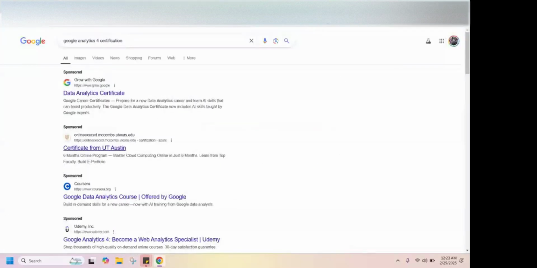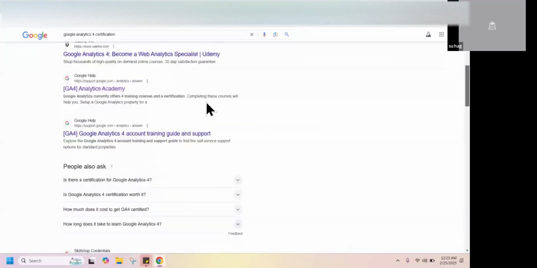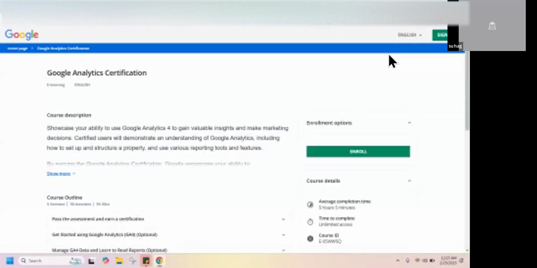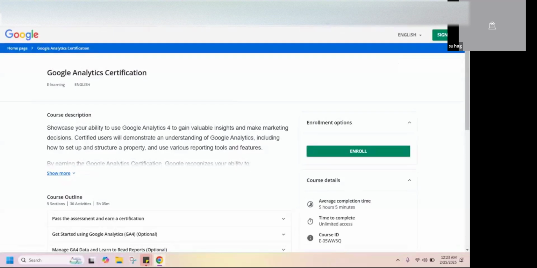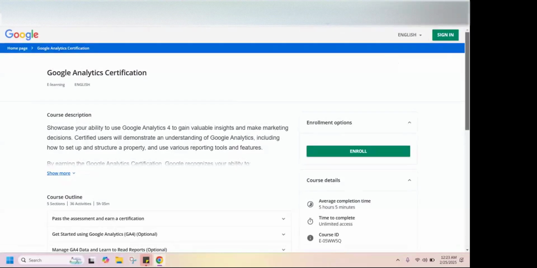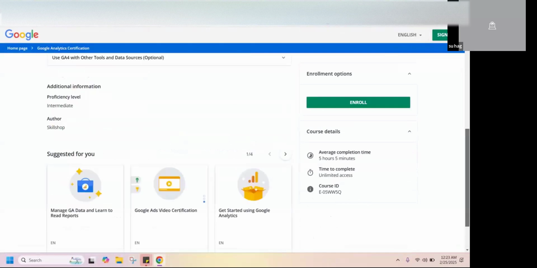Which one? I opened the link. I sent it. Then sign in.